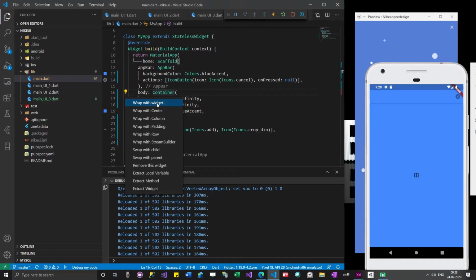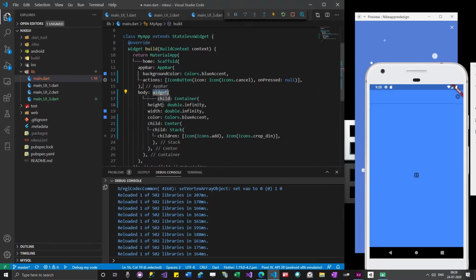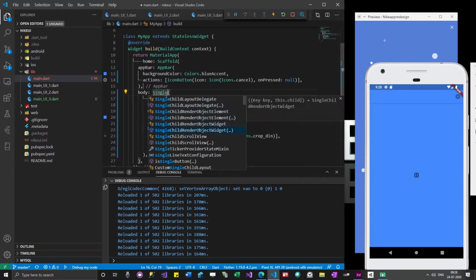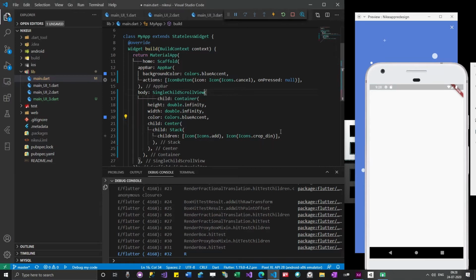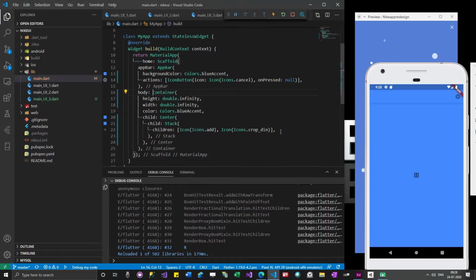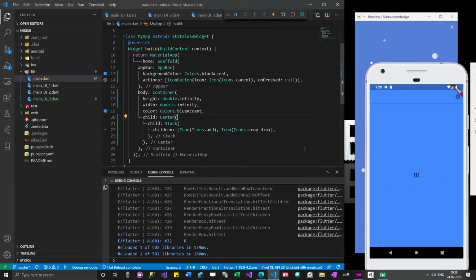So what I will do is add this inside a single child scroll view. So everything is gone now. Maybe because we have given height and width as infinity, when we added the single child scroll view, everything is gone. Maybe possibly we should not be adding it like that. Still, I think it's fine. When I made the container center, it came to the center, right? Which means it's not actually taking infinity, it is taking the size of the screen.